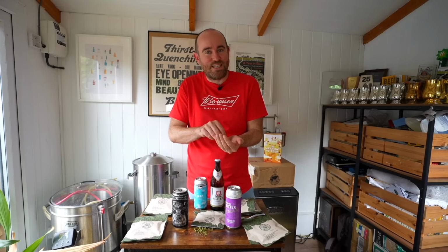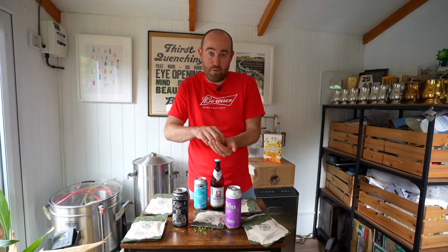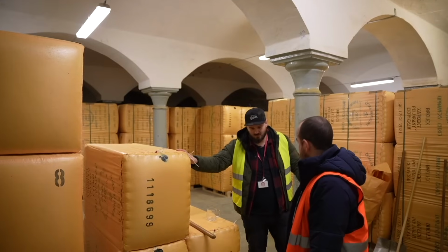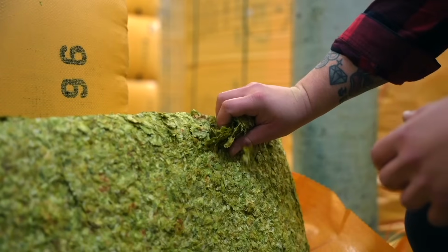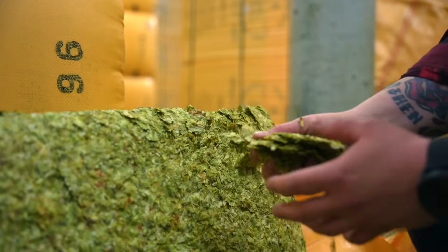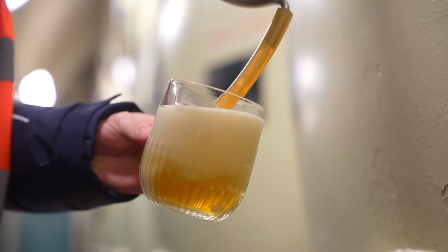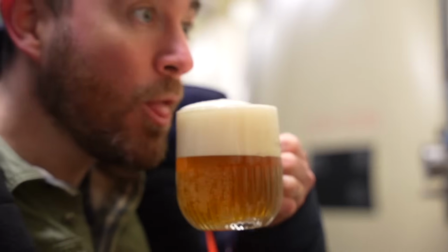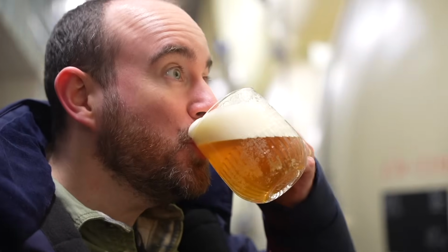That transports me down to the cellars of Budvar, where we made a great film 2 years ago, exploring their hop cellar, where it just smells of that as soon as you go through, but also the lager cellar, when you pour those beers super fresh off the tank. And you get that watery, juicy, almost melon kind of aroma off of it. So that's the kind of flavour you could expect if you see a beer hopped with Saaz,